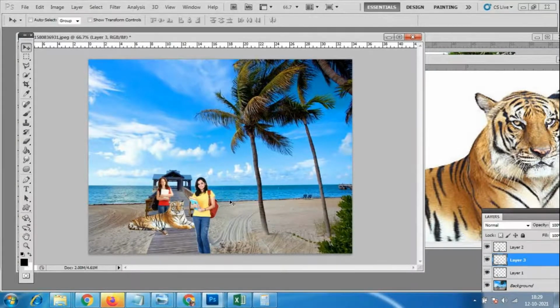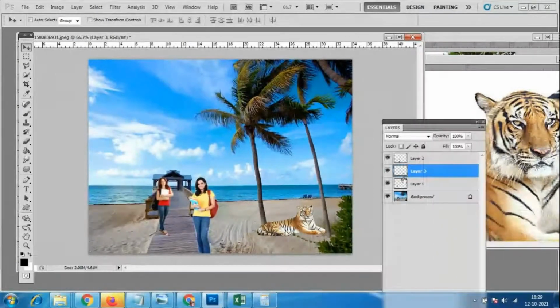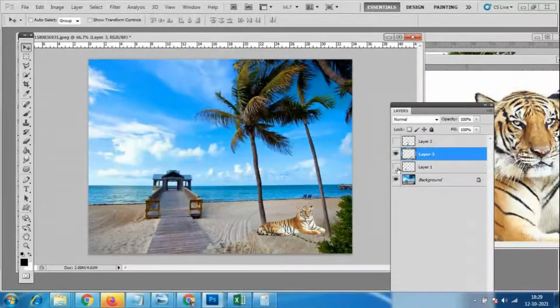Always place it on a nice background, a totally different background. If I don't want anybody here, all these girls, I will hide them with the layers. So only the tiger I can place. Look at here, only the tiger sleeping over here, like this I can place it.